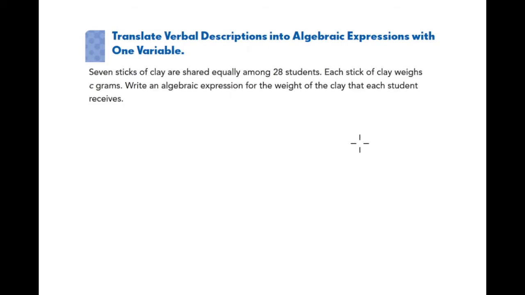In this example, we're given that there are 7 sticks of clay that are shared equally amongst 28 students. Each stick of clay weighs c grams. We want to figure out how much each student receives. So what is the weight that each student receives? So if we have 7 sticks of clay shared equally amongst 28 students, and each stick of clay weighs, let's make this